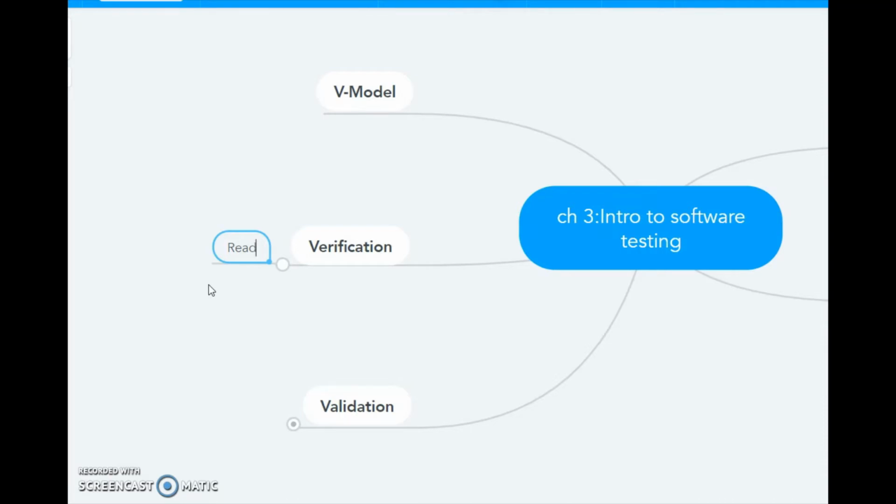Then once we document the issues, we have to send that document to the creator of the document. In our case, if we are verifying a requirement document, we will send it to the designer of the document.